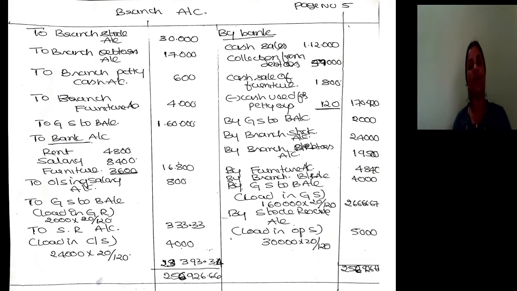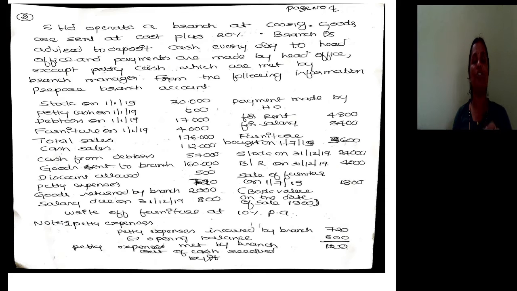So that's why when you record remittance as bank account debit to branch account, under which we record cash sales and collection from debtors, we need to deduct 120 rupees because he cannot pay out of his pocket. He needs to pay out of cash he receives from cash sales and from debtors. So 120 is deducted. Expenses incurred by the branch manager, petty expenses, will not be recorded anywhere, but it creates impact on closing petty cash.